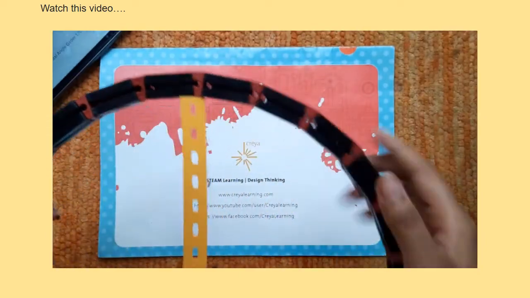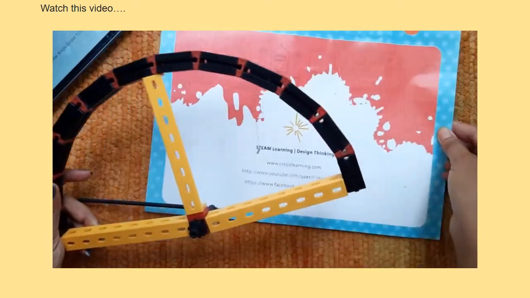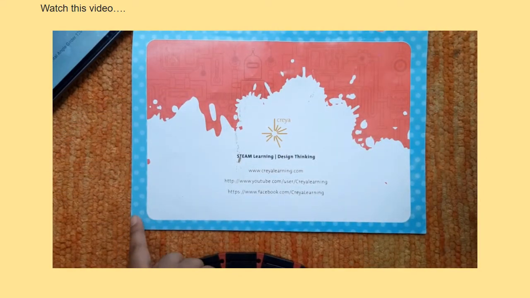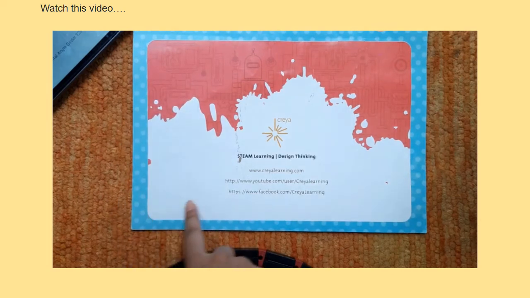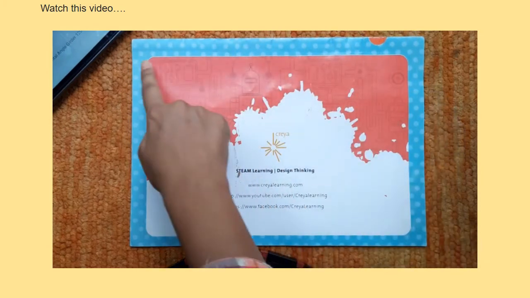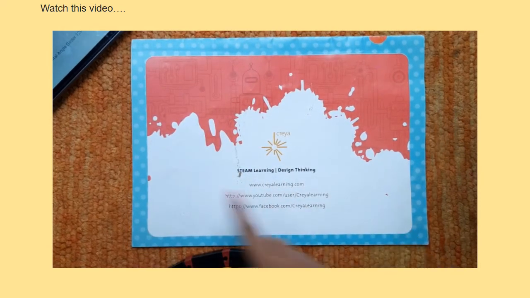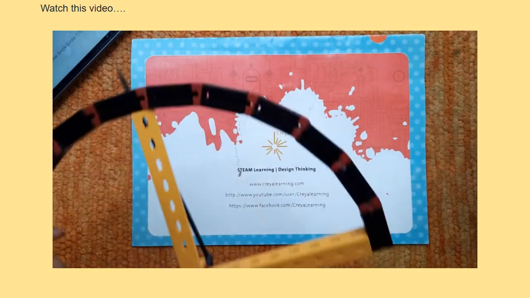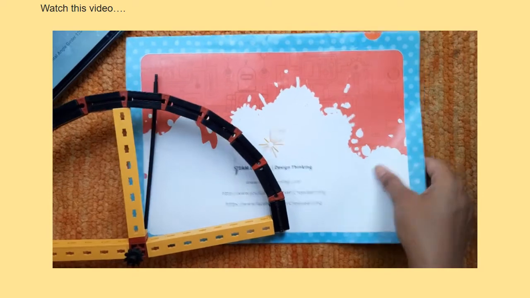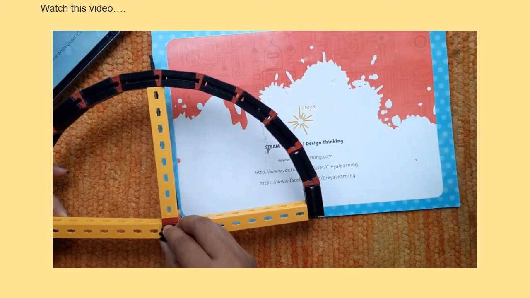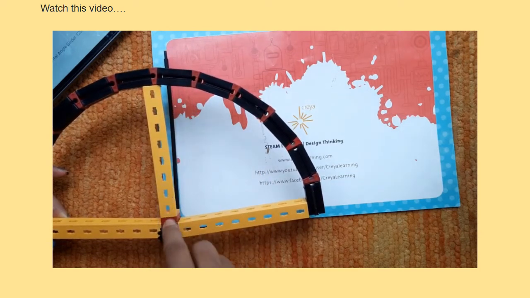Here I will tell you how to measure the angles. So this is my protractor and this is any object you can take. This is a corner of two arms, this one arm and the other arm. Where it meets, it is called vertex. That corner is called vertex. On the vertex point, we put this protractor like this, and we use it to measure the angles. So it is of 90 degree.